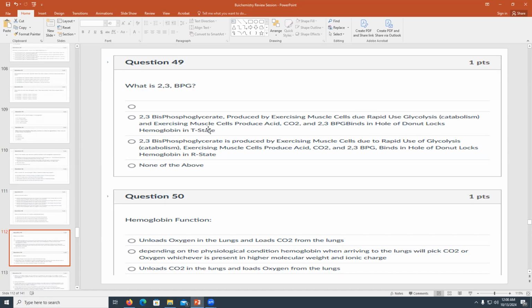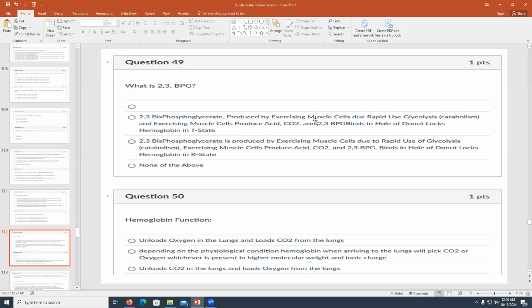And locks hemoglobin in the T state. Yes, locks it in the T state because it empties it from the oxygen. If it was carbon monoxide, it will leave it in the R state. It will make sure that it does not. So these nasty guys, 2,3-BPG and CO2, always lock hemoglobin in the T state, emptying all